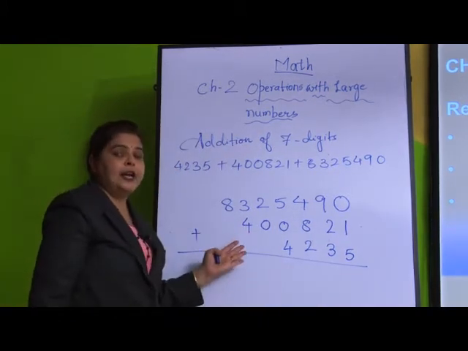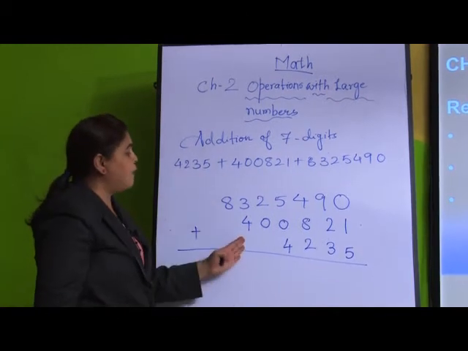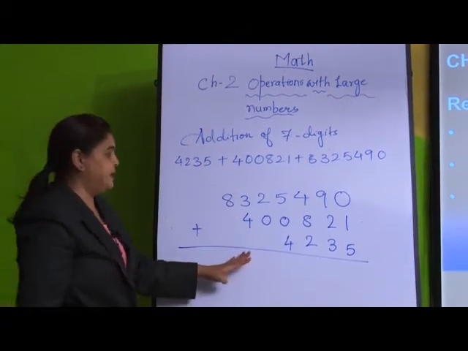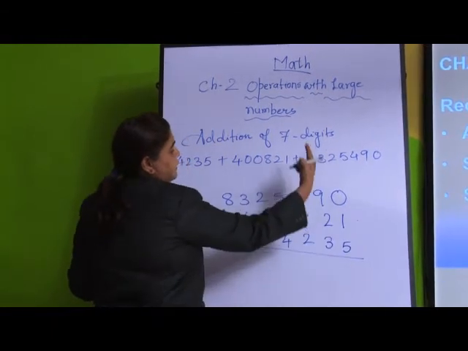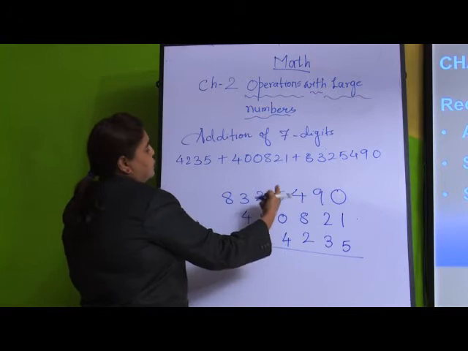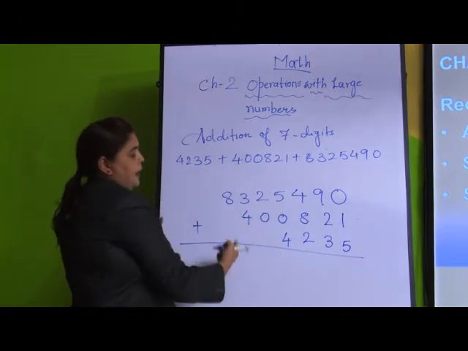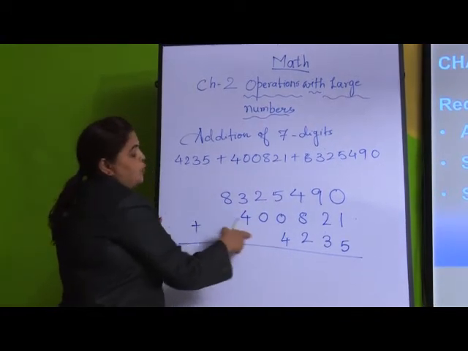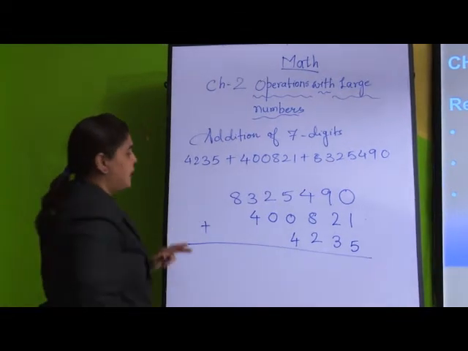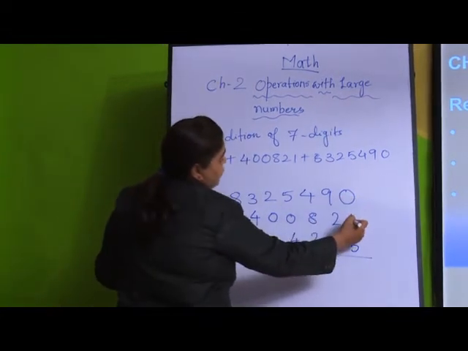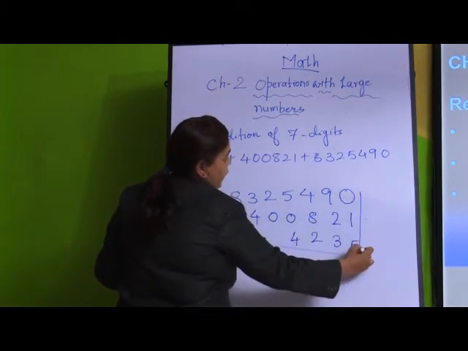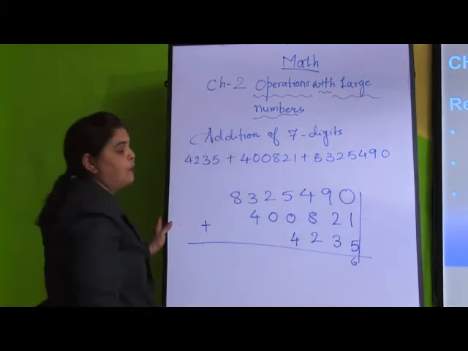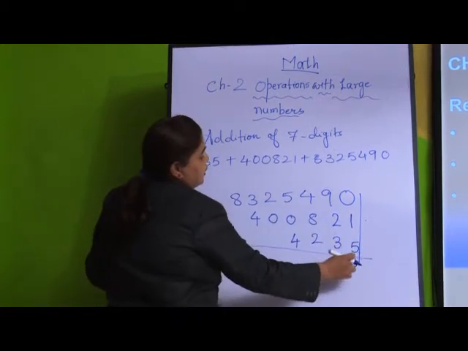Now what we had done in the previous example, same way we have to add this number. So first what we will do? We will start with our ones, then tens, 100, 1000, 10,000, lakh and 10 lakh. Where there is no digit, you have to imagine it's a 0. So here 0 plus 1, 1, 1 plus 5 is 6. I told you to write in a line form, that is one below the other.